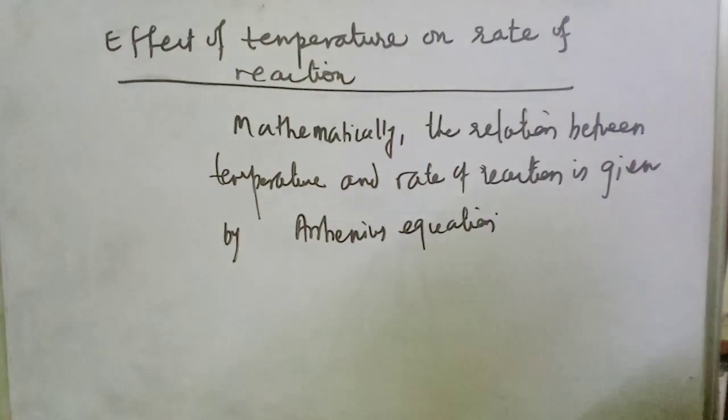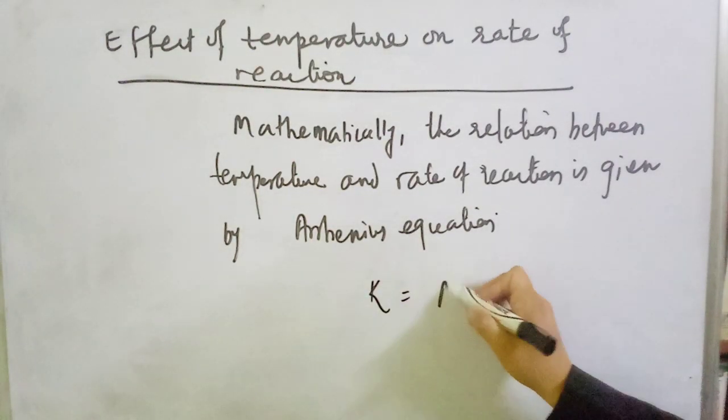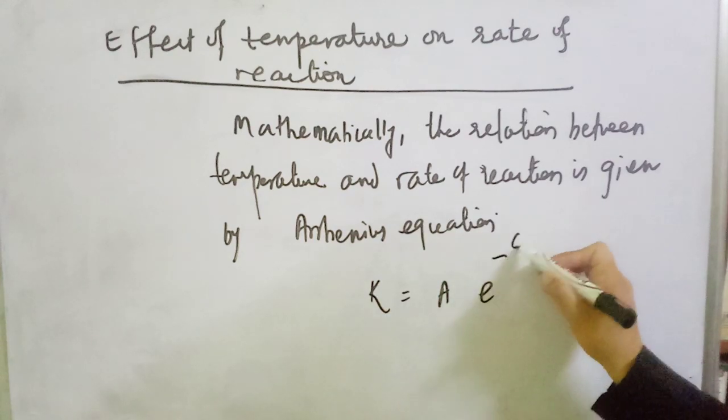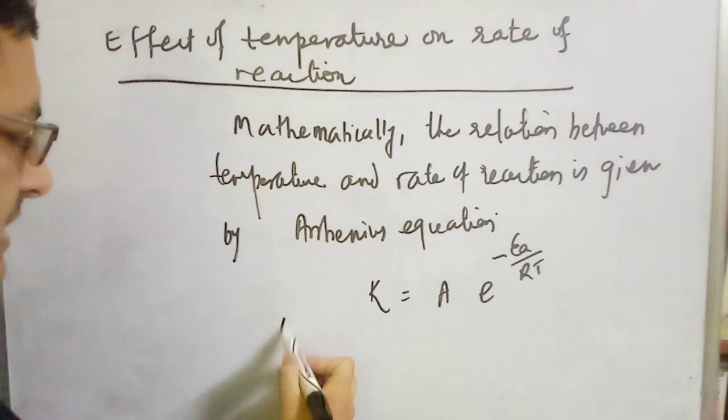So what is the Arrhenius equation? The Arrhenius equation is given as k = A e^(-Ea/RT). This is the Arrhenius equation, where k is the rate constant,